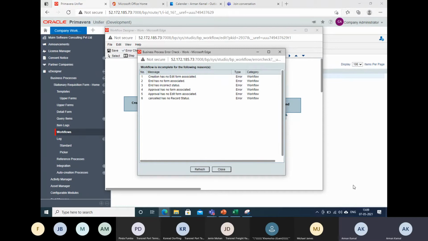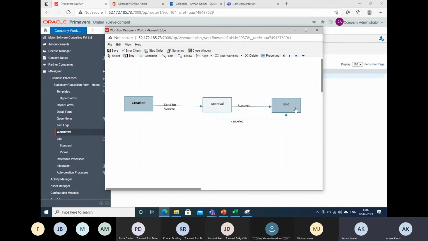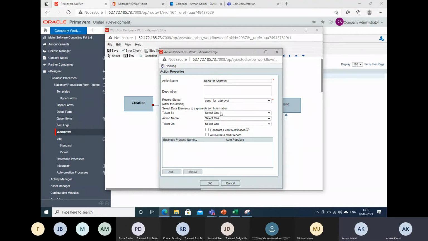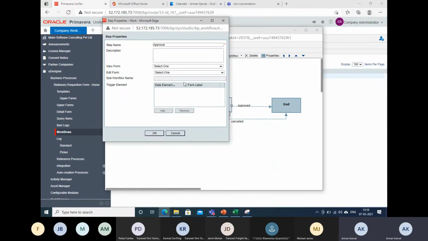So my personal style to fix this workflow error is that I start from the left and start defining everything to the right. Let me do that. Creation, double click that. You can see why the error is being given, because this form is not selected. Why? Because this is something which you need to do. It will not copy automatically. Okay, because it is looking for your own laptop request form, but here we created a stationery form separately. I will click OK. Double click on the approval. Okay, this is okay. Double click on the approval. You can see the view and everything is blank. That is why it is giving an error.